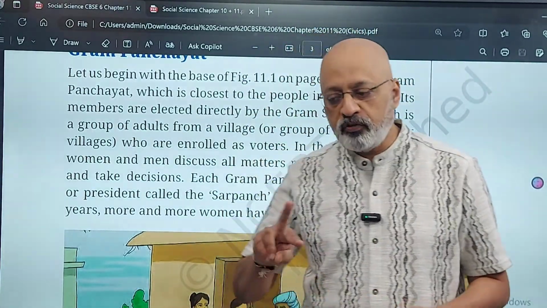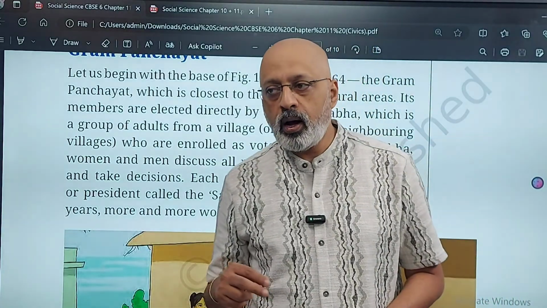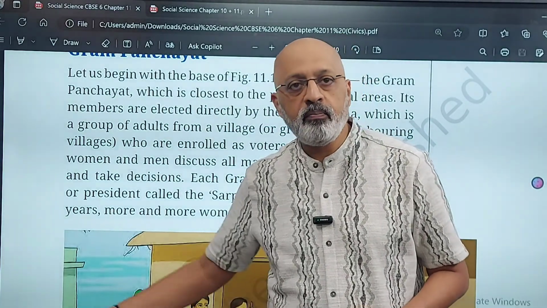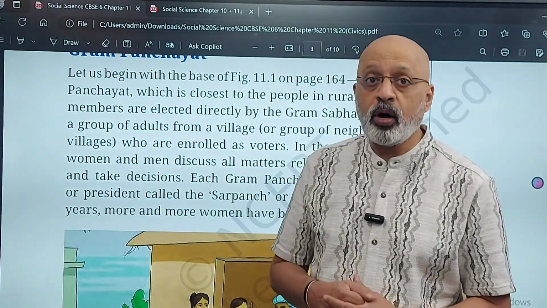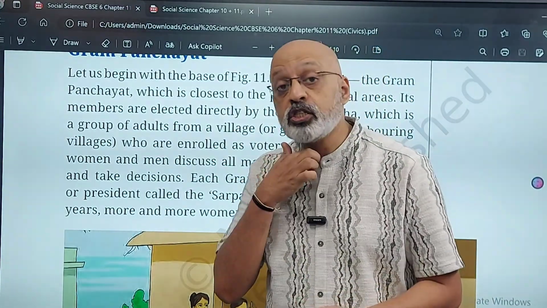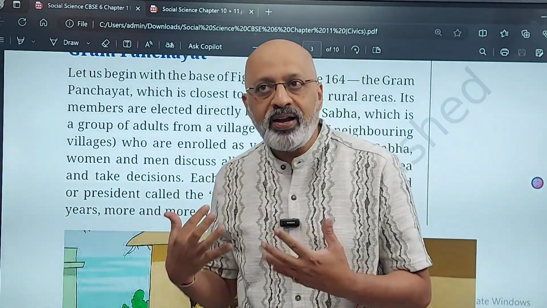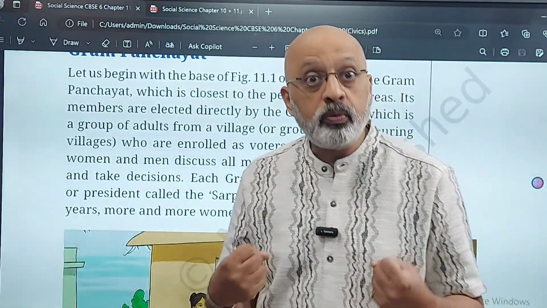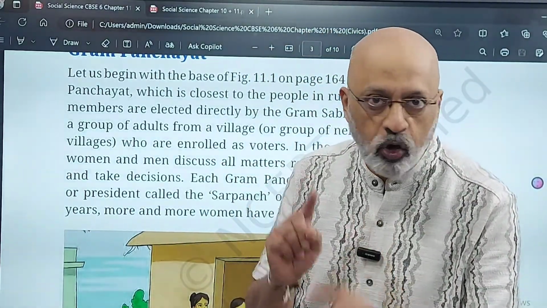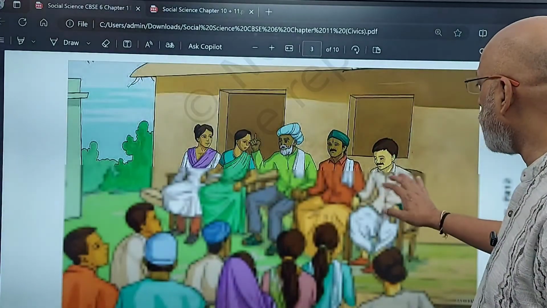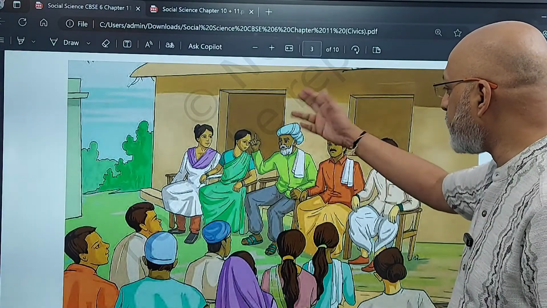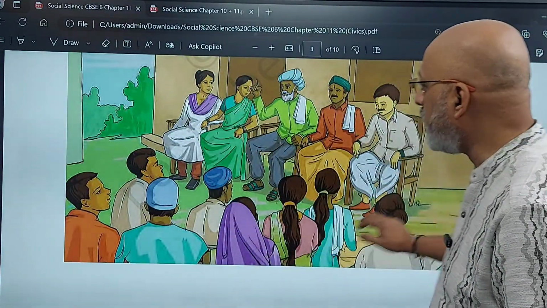Of course, the flip side is, if the male of the family is the political head, what will he do? He will nominate his wife, but the real work, all the power and whatever decisions, it still is controlled by the male person, right? Which is not the way it should ideally be. So the idea was to empower more women to take part in decision making, but in many places this kind of thing is also happening, which is a bit of a negative. Okay, so here you are seeing 5 people who are the panchayat. He is obviously the sarpanch, and this is the gram sabha taking place.